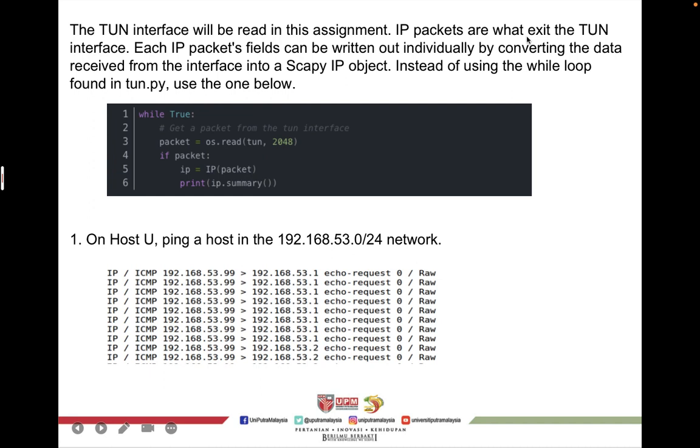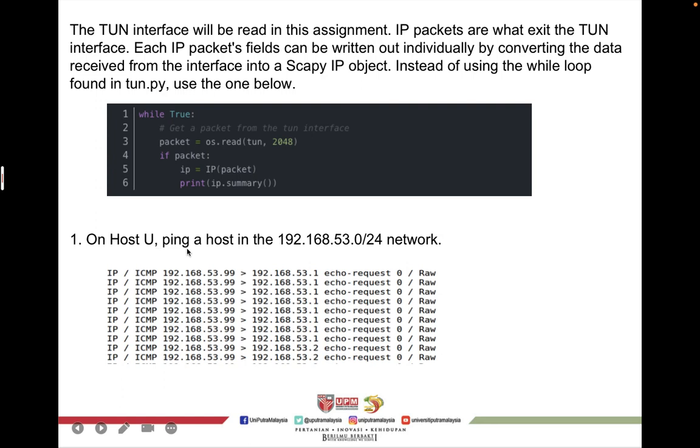IP packets are what exists on the TUN interface. Each IP packet can be printed out individually by converting the data received from the interface into a Scapy IP object. Instead of using the while loop found in tun.py, use the one below,